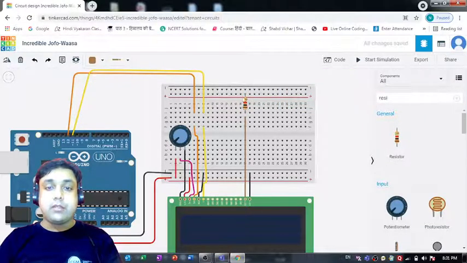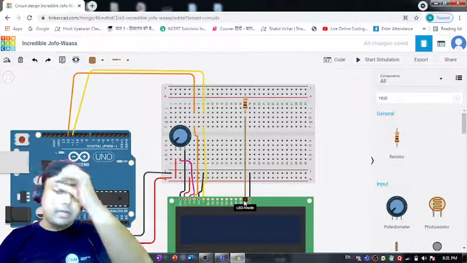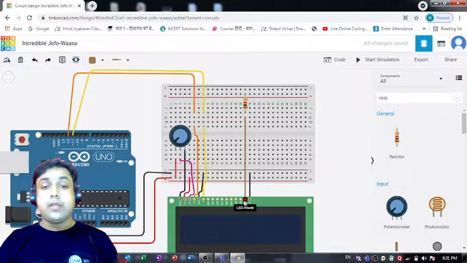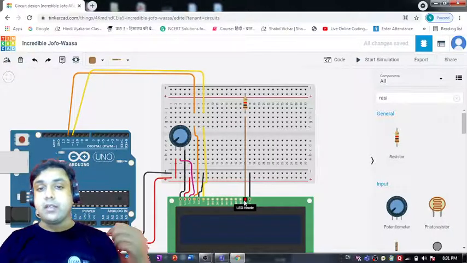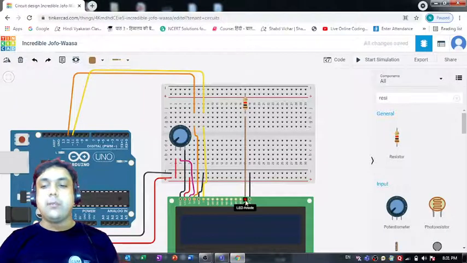Why have I connected this to the positive terminal? It's because that's the LED anode point, right? And anode is positive in nature. So that's the reason we need to connect it to the positive point, so that we can give it positive charge.